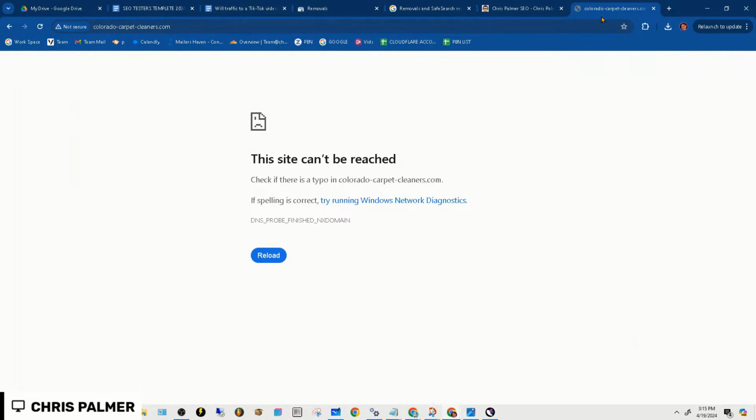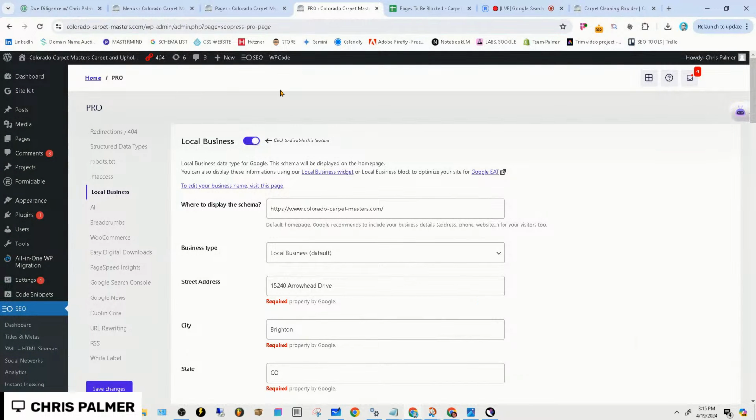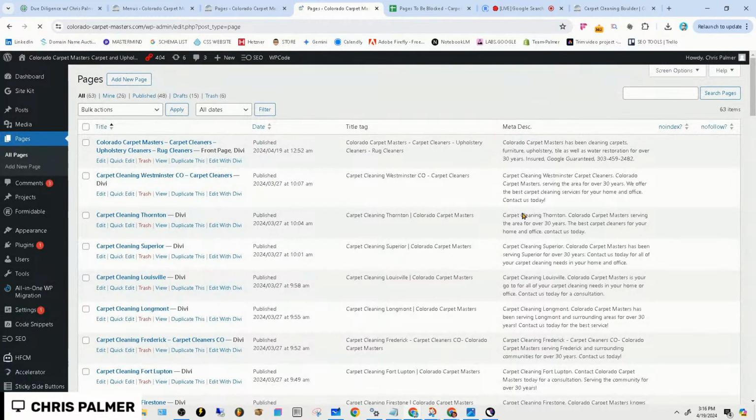So we're going to head back over here to our example domain, helping out Colorado. Hopefully we can help them out with everything, but we have to address these small technical issues first. So let's head on over here to pages, all pages. All right. We're going to head into the dates. Let's go down to this stuff here. Let's get some of the older stuff. So Mayan, I don't know what that means. Let's just go to published. All right, I want to make sure that it's stuff that